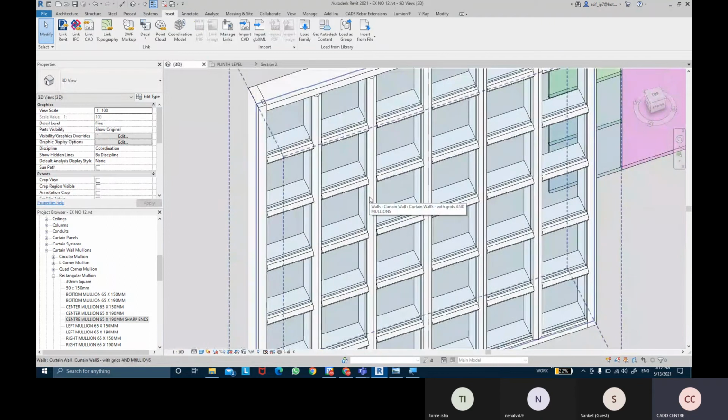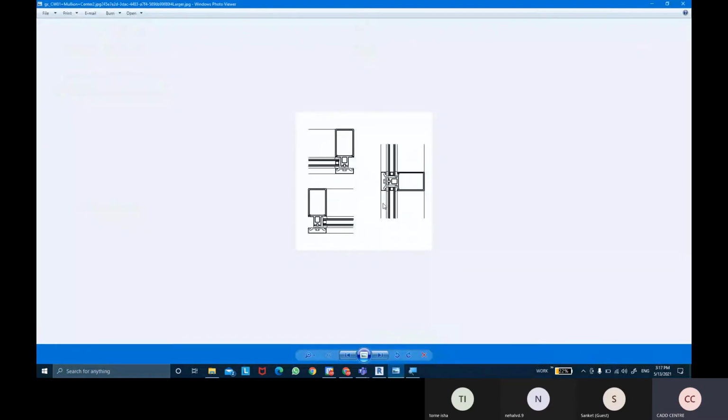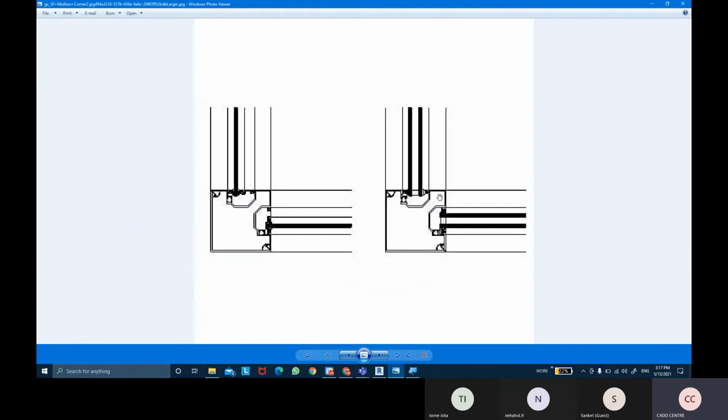Similarly, you can create the left and the right and the bottom mullion profile shapes as well. So you can customize and create your own shapes of profiles as well. Maybe you can create these types of profiles with detail lines and everything. So we just have to create a square shape profile with some notch ends so that these double glazed glass or single glazed glass can fit in.